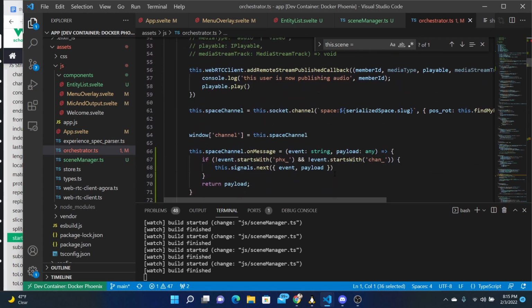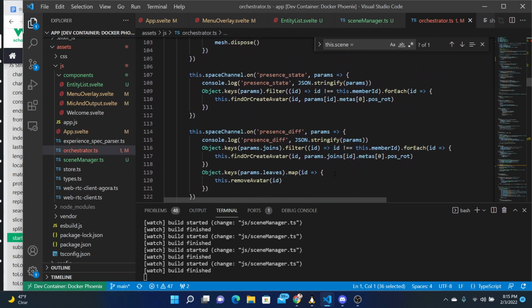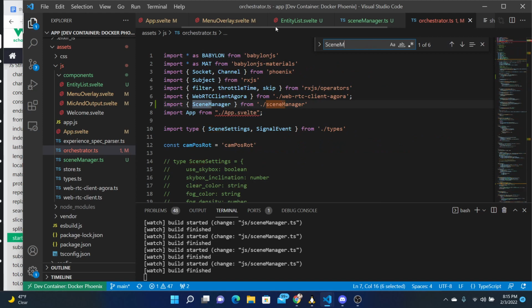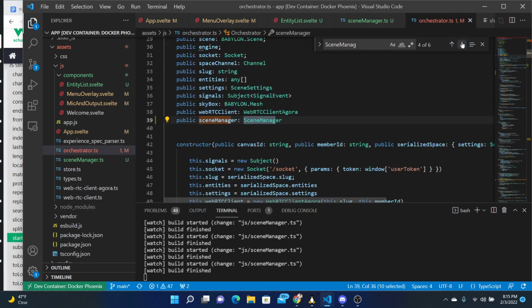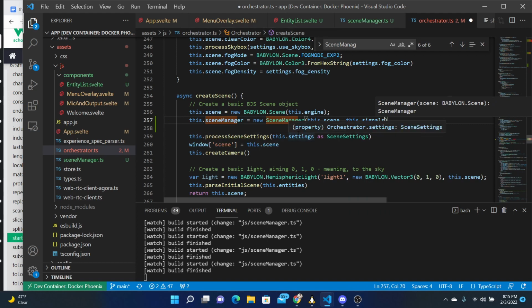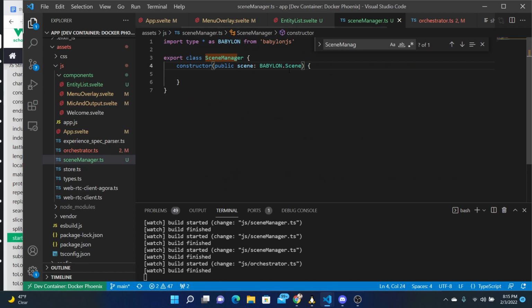I think it also needs a signal. So where did we say scene manager? So we'll give it the signals as well. That will allow it to receive signals. So let's modify scene manager to also take